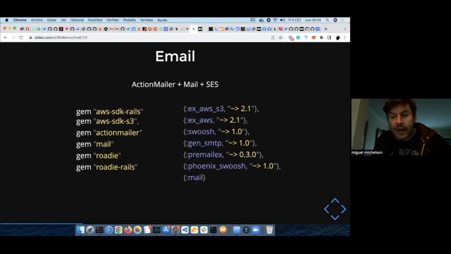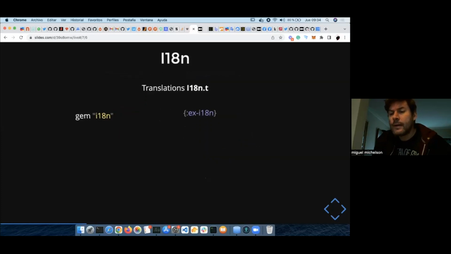We have Premailex, a library that renders the email and generates the HTML, inlining the CSS styles in an email-compatible way. So that's great. That was really important too in my application. So we have that too.